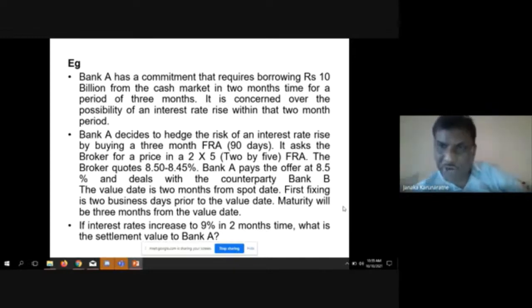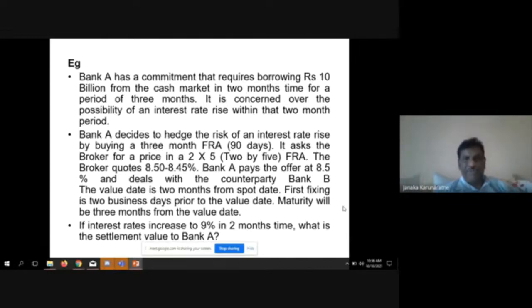Let's say your bank wants to borrow 10 billion, but not now, in 2 months' time. So you don't want to borrow now. But your concern is what? A possible rise in interest rate. If the interest rate rises above the current rate, then you have to pay a higher interest rate in 2 months' time. But you need this money for a 3 months period. So what you can do is hedge against the interest rate risk through a FRA